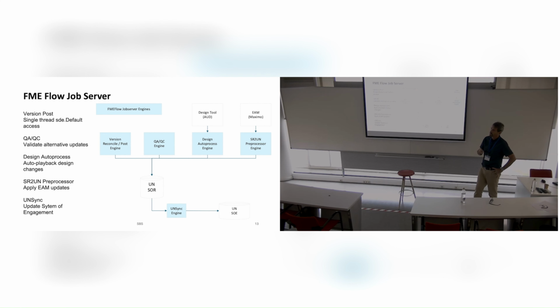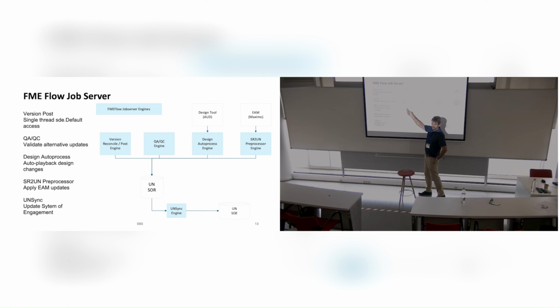If you have a system where you have 100, 200 users of the UN, everyone's making changes in their version and they want to post those changes, it's unreasonable to expect them all to be able to post. So instead, what we're seeing is people want to say, I've finished the work in my version, I then ask a job server to schedule to post my changes up, so it does it sequentially, user one, user two, user three. I can just finish my work in my design alternative and say, okay, I'm done for the day, schedule for post. And in this instance here, we're using FME Flow to basically do the